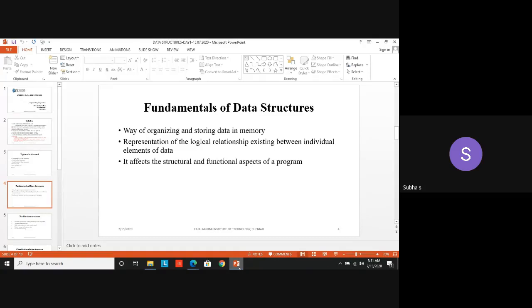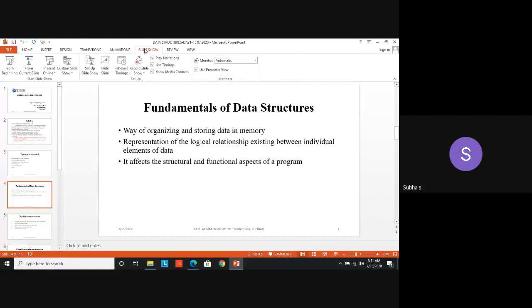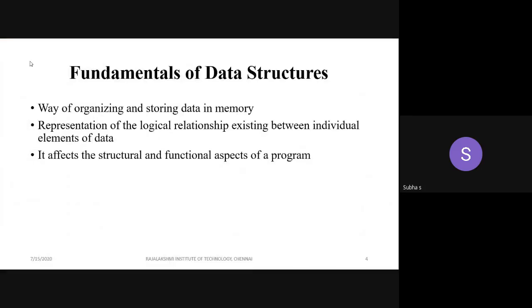Now we come to this slide. First, the very basics of data structure. Structure means what? It has some format, some proper style. Similarly, for data we are going to have a particular format.